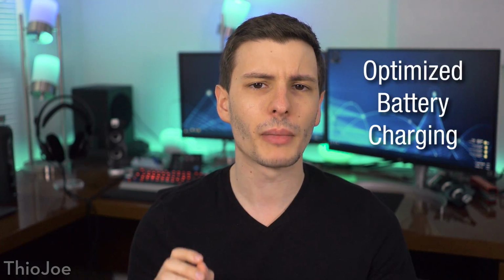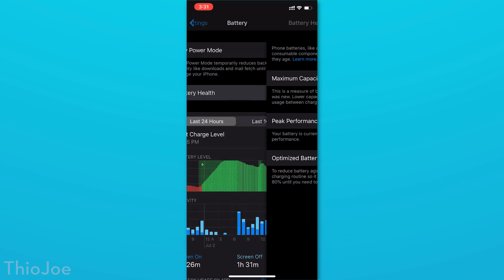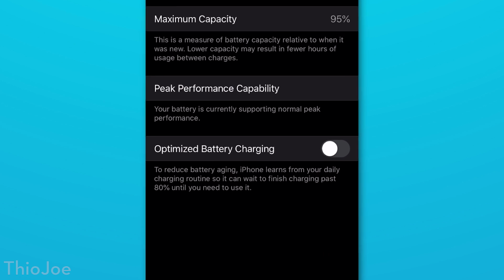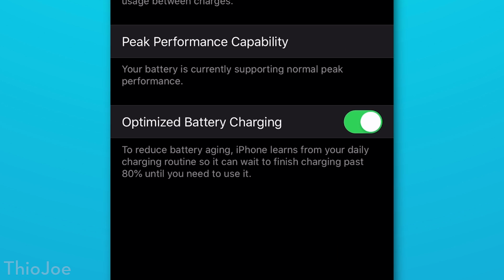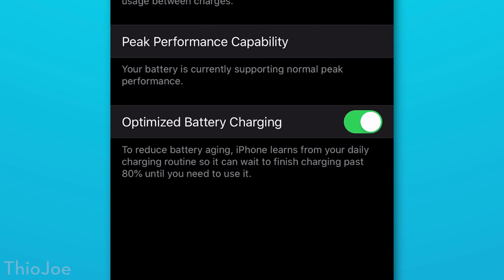All right, up next, this is a pretty interesting new feature, and it is optimized battery charging. It can be found in the settings, and then battery health, and you'll see this toggle for optimized battery charging. Now, what this feature does, or what it says it does at least, is it basically takes a look at your daily routine, and I assume this pretty much is only going to apply at night when you're charging your phone and you're not going to be using it for a while,